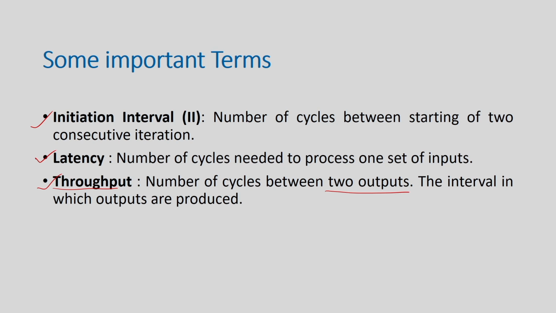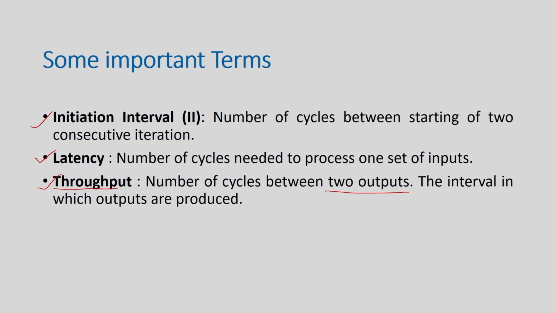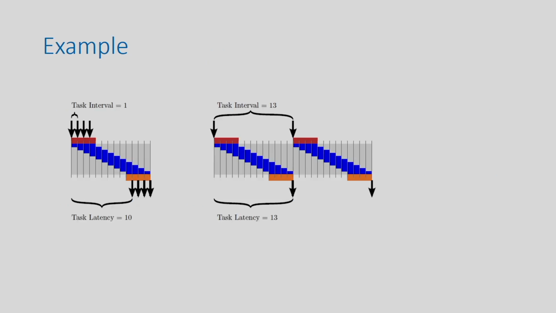Remember, latency and throughput are not always the same. Say you give some input and it needs 10 cycles to get an output. The latency of the design is 10 cycles, but your throughput can be 1, because if you design the circuit in pipeline mode, then whenever your first output comes, in the next clock your second output might come, if it is optimal pipelining. So your throughput will be 1, although your latency is 10. Initiation interval is also not always the same as latency, because it depends on how you execute the design. Let me take 2 examples to explain these terms in more detail.